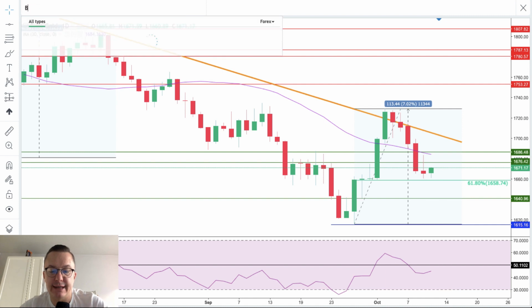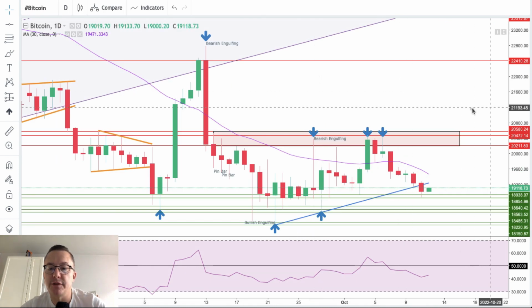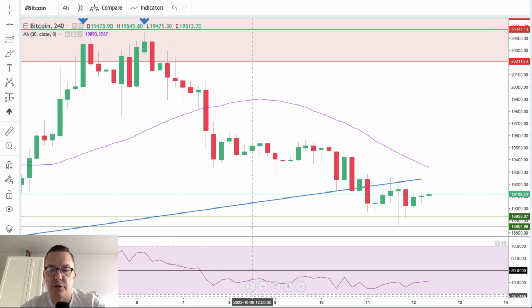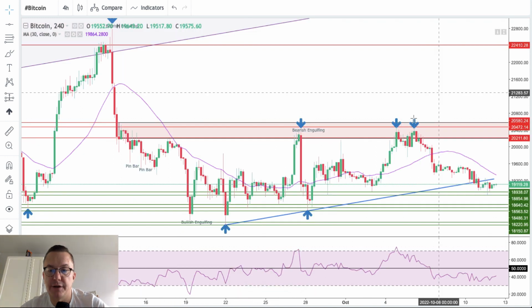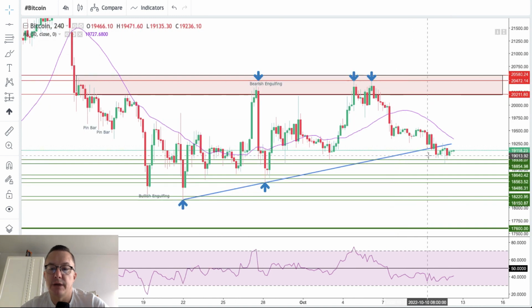So this, and Bitcoin as the last of today's analysis. Let me just switch back to the 4-hour intraday chart. There you go. And what do we have here? Nothing that looks good for the bulls. We are trading below the short-term trend line, the blue one. We tested the technical support